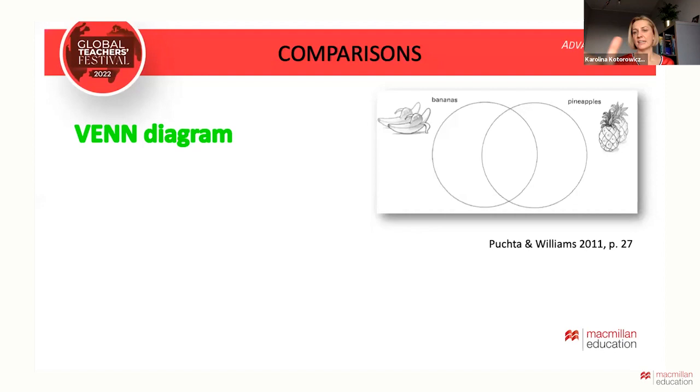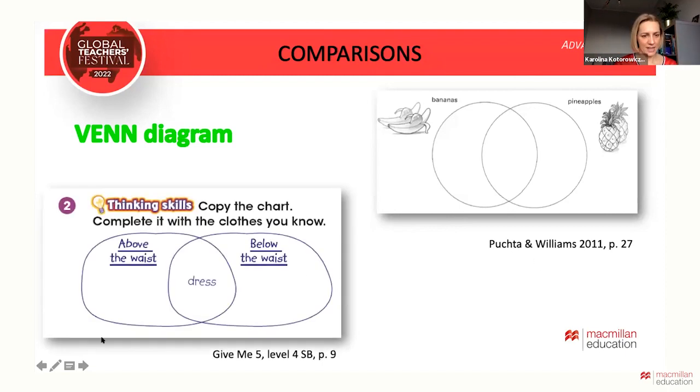Here, students create a Venn diagram comparing banana and pineapple. As you know, this part here is all about the features of bananas. This part here is all about the features of pineapples, but they will certainly have something in common, okay? Another example like that of making students think